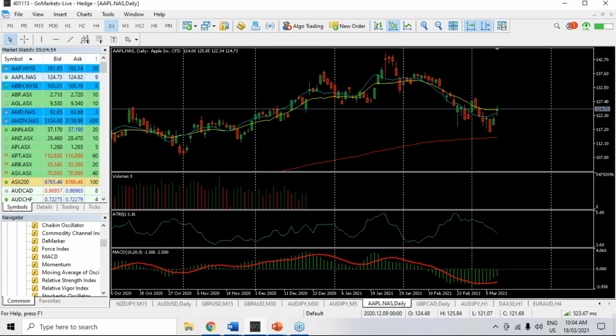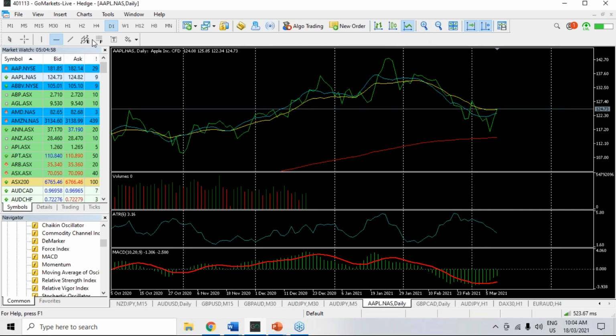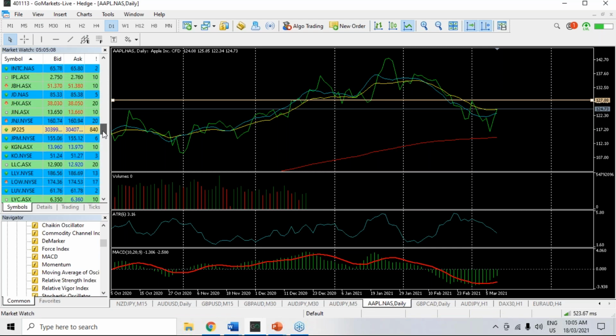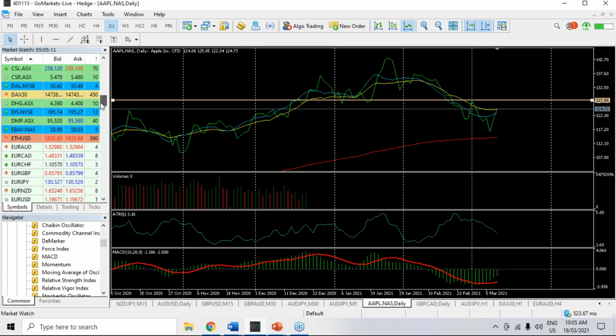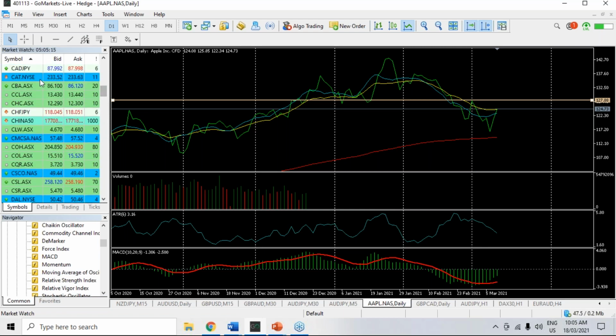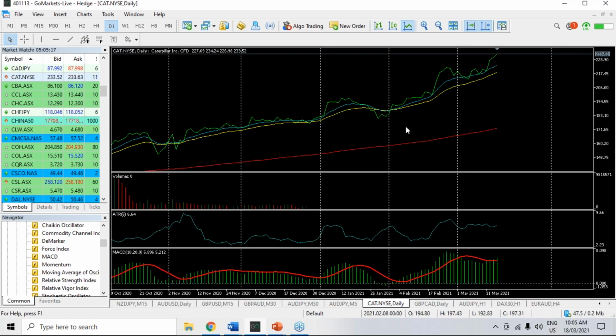And too early again on this. Although it's a nice bounce, technically it makes sense to look at somewhere around that 127.88 mark. After that, we could be up $10 fairly quickly. We've also been talking Caterpillar. Caterpillar was our US chart of the day on Tuesday. That just continues to go from strength to strength.